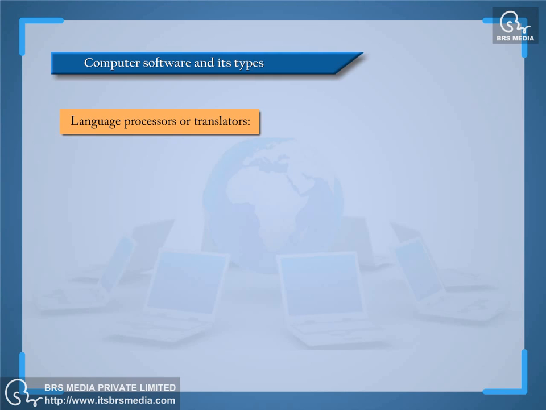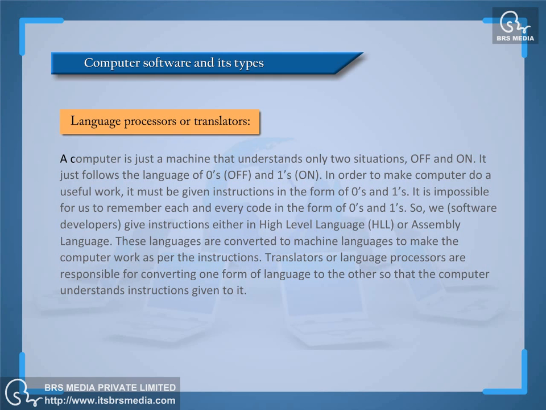Language processors or translators. A computer is just a machine that understands only two situations, off and on. It just follows the language of zeros, off, and ones, on. In order to make the computer do useful work, it must be given instructions in the form of zeros and ones. It is impossible for us to remember each and every code in the form of zeros and ones. So,